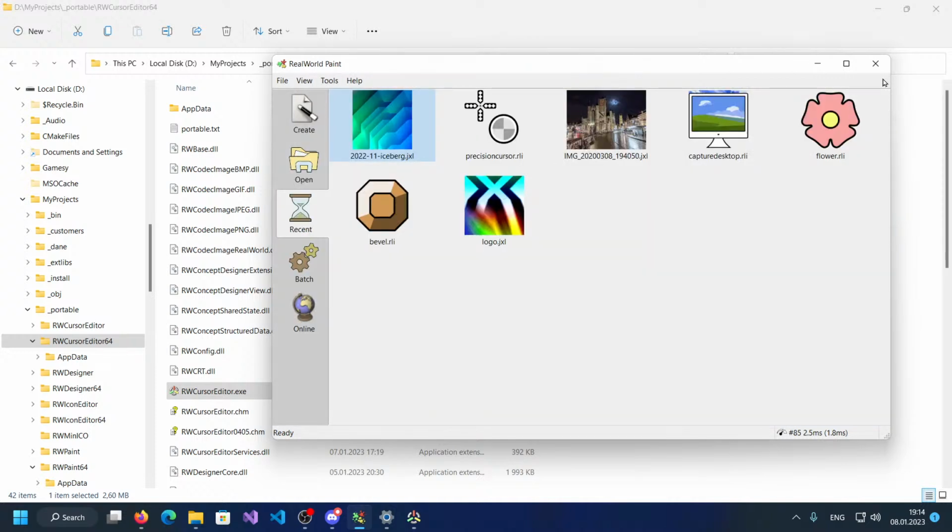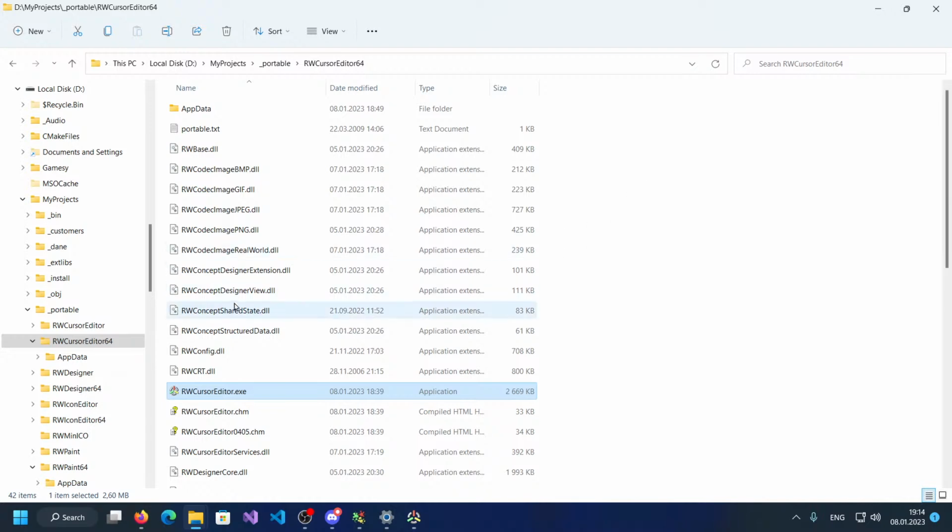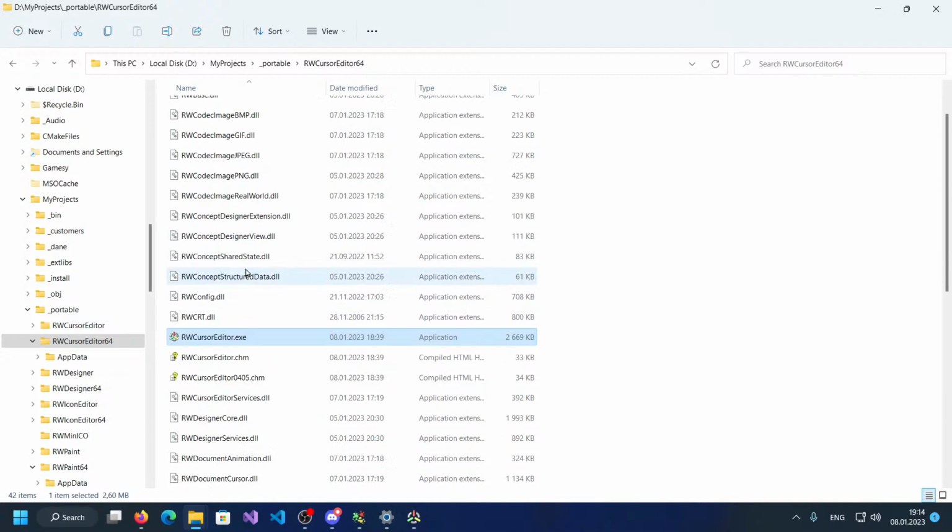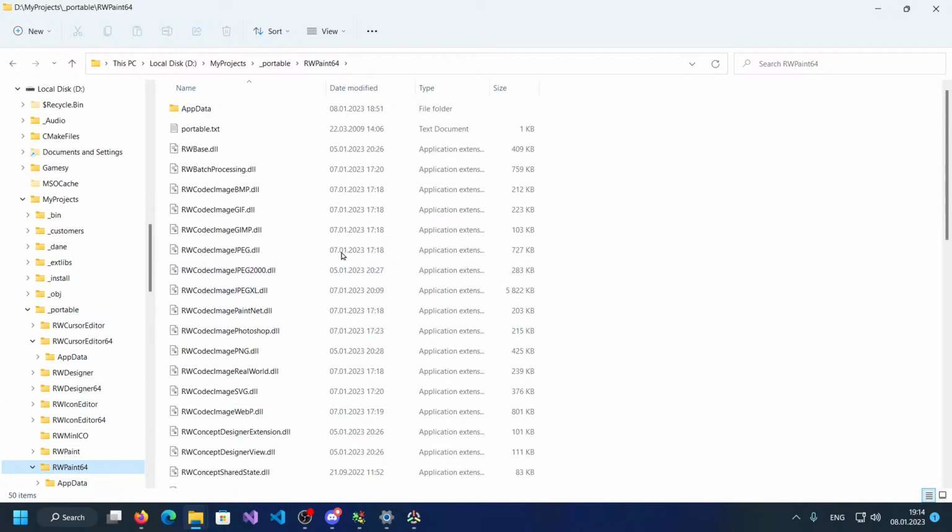So you can currently read JPEG XL images in Real World Paint if you download the codec, and I will make it available. This is the cursor editor. I will make it available as a separate file because the codec is actually very large. It's almost 6 megabytes. And when you compare it to the size of the whole Real World Paint, it would increase the size significantly. I'm not very sure why it is so big,